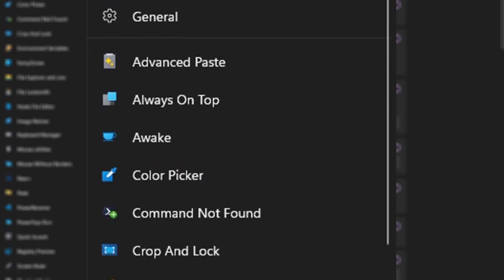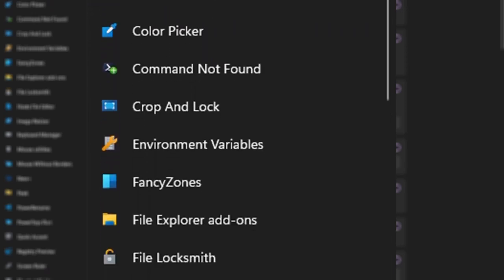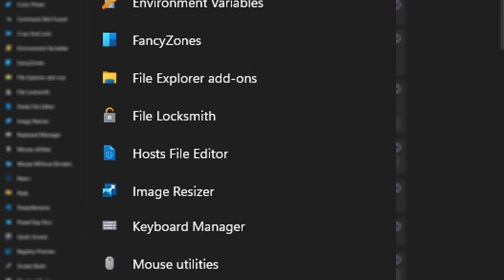PowerToys is one of my favorite apps. This app gives you extra features that are useful for any Windows experience. So let's look at some features, starting with